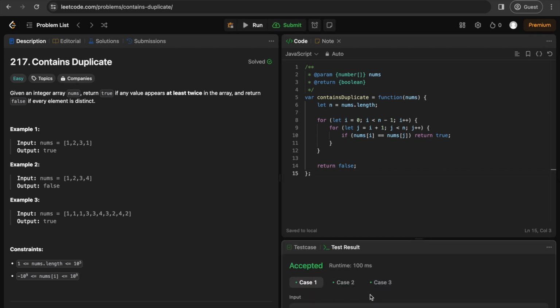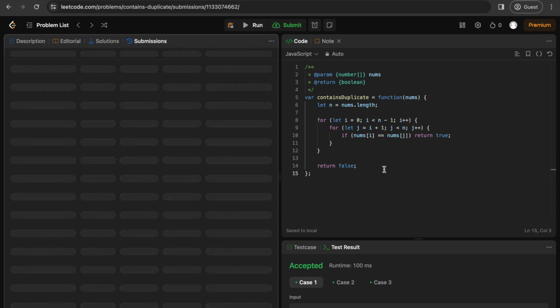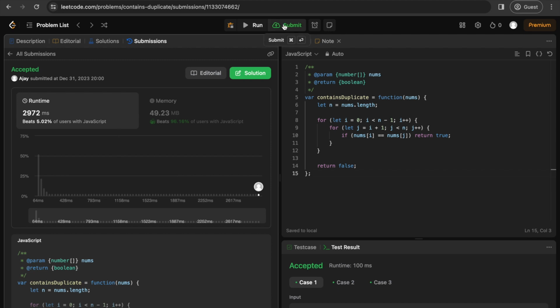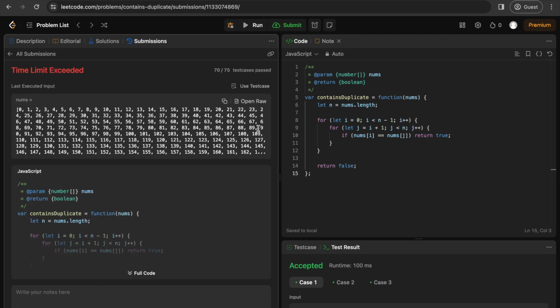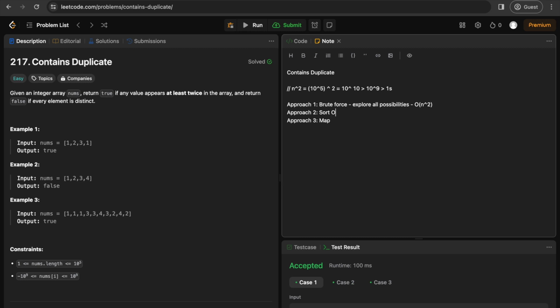So let's see by running this. Okay, the test cases are accepted. Let's see how the submit goes. It should not be accepting it. Yeah, you can see, we have seen another use case where it was accepting earlier, but it is giving time limit exceeded. If we go by sorting, then it will take n log n, and there should not be any issue: 10 power 5 times log of 10 power 5 will give you about 5 times 10 power 5. So this is lower than 10 power 9, so it will be acceptable. Using the map,